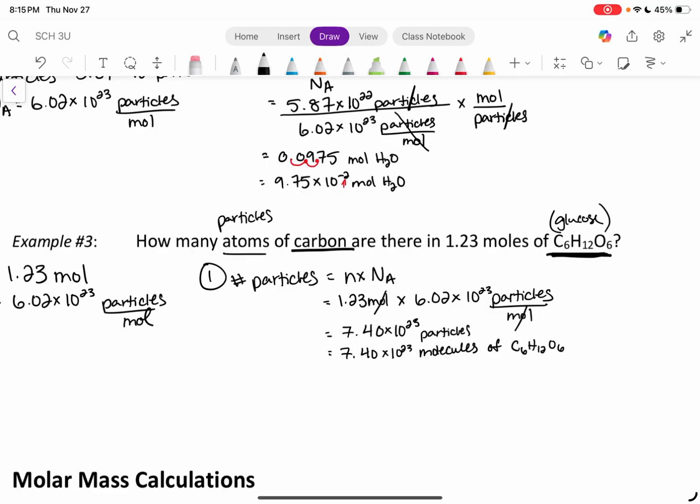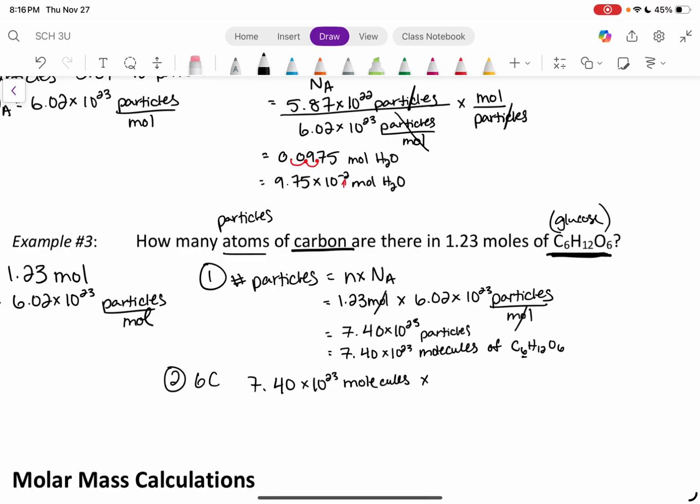It was asking me how many atoms of carbon there are. So if I have 7.40 times 10 to the 23 molecules of glucose, how many carbon atoms do I have? Well, there are 6 carbon atoms in glucose. It has a subscript 6. So I know how many molecules of glucose I have. Now I can figure out how many individual atoms of carbon I have if I just multiply that number by 6. So all I'm going to do is take 7.40 times 10 to the 23 molecules